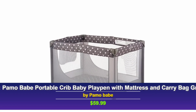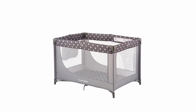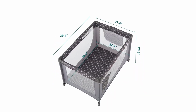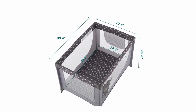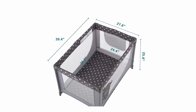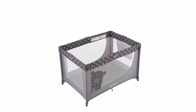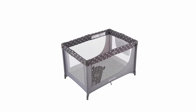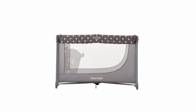Taking the number 3 spot is the Pomo Babe Portable Crib Baby Playpen. This product is perfect for parents on the go, thanks to its lightweight design and the included carry bag. At $59.99, it strikes a great balance between affordability and functionality, making it an excellent choice for travel or small space living. The design is minimal and practical, featuring a mesh structure for maximum airflow and visibility, ensuring your baby stays